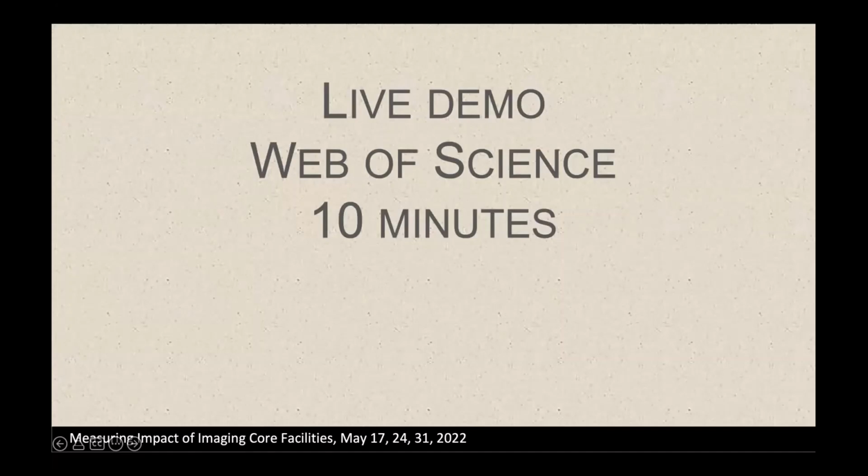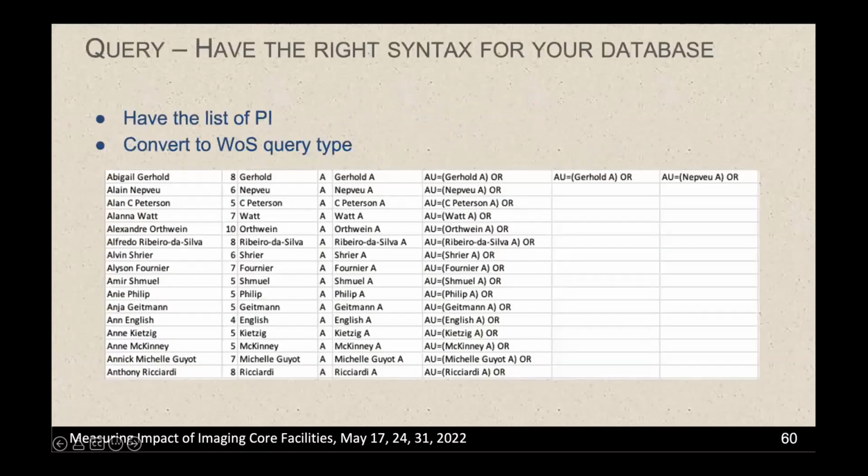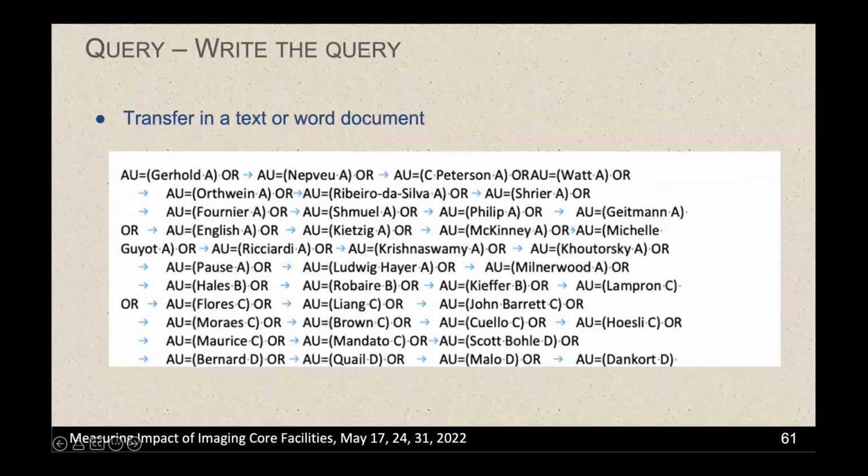So to put things in context, Claire sent me a list of her researchers using the facility in the past many years. From that list, this is a list of names that we received, and we needed to translate it into a Web of Science query type. So we used Excel to do some transformation over the names so that it can be done automatically for each person, and translated it into a query for each name, and then into a document that contains all the queries,